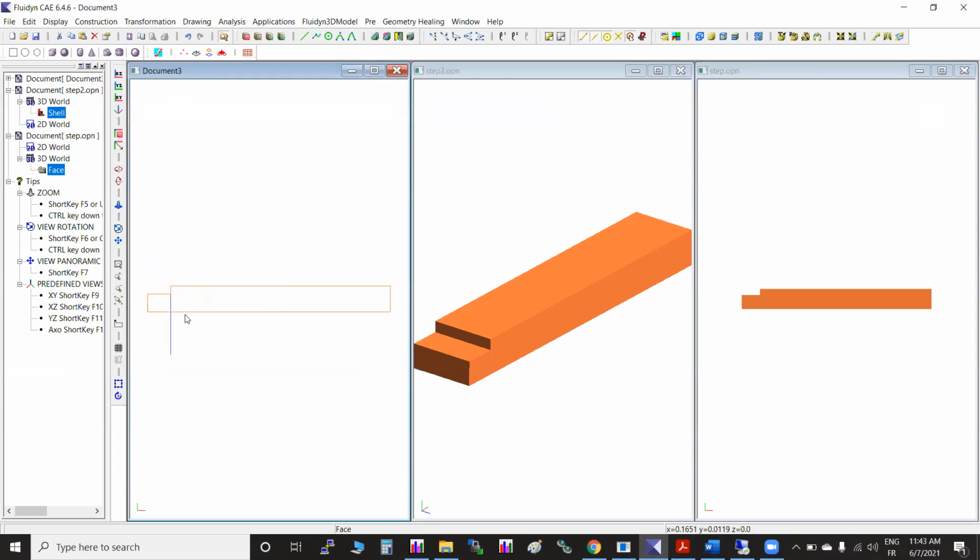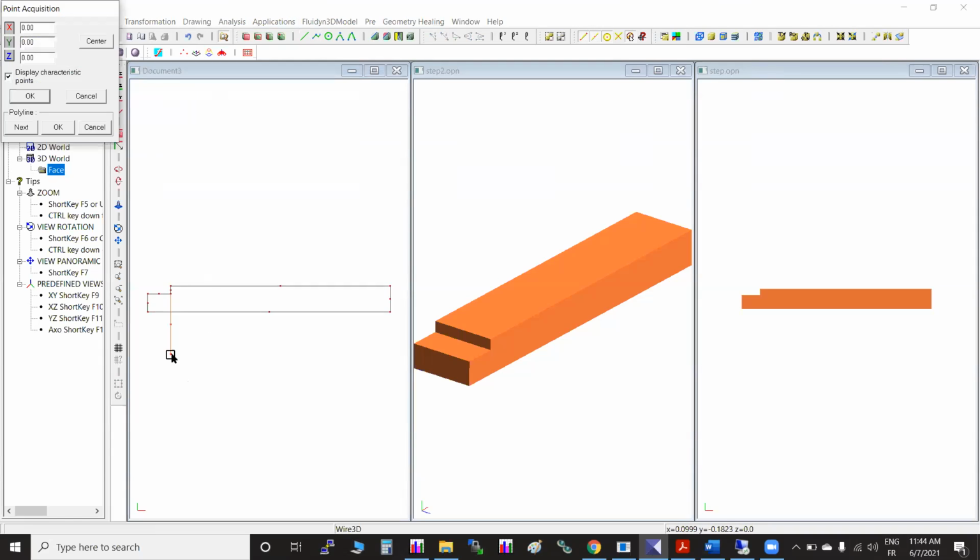What I have done is randomly created one line starting from one reference point on the geometry and drawn it vertically by using V, and outside of the geometry I just kept it, whatever coordinate is there. I don't mind, because I just need to select this surface and cut it into two parts. Maybe I just need to increase it a little bit. Let me take it vertically.